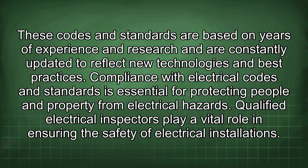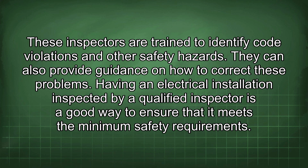These codes and standards are based on years of experience and research and are constantly updated to reflect new technologies and best practices. Compliance with electrical codes and standards is essential for protecting people and property from electrical hazards. Qualified electrical inspectors play a vital role in ensuring the safety of electrical installations. These inspectors are trained to identify code violations and other safety hazards. They can also provide guidance on how to correct these problems. Having an electrical installation inspected by a qualified inspector is a good way to ensure that it meets the minimum